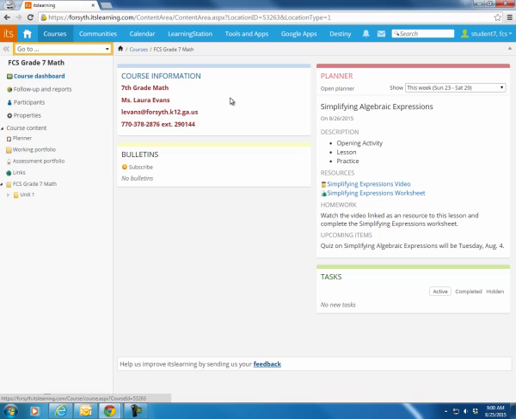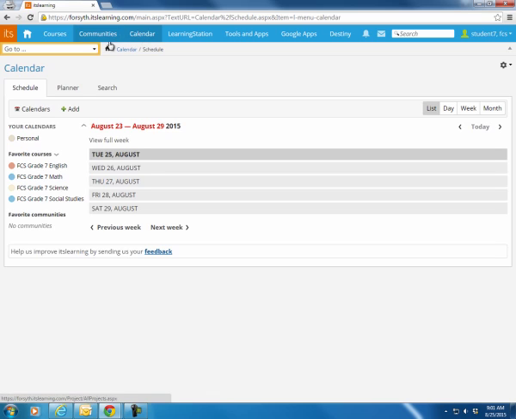But I want to show you what's also called the one-stop shop. This is a place where you can see all of your students' courses in one location. If you click on the calendar tab at the very top of the screen, and then once the calendar tab opens, notice there's a planner tab. I'm going to click here on planner,